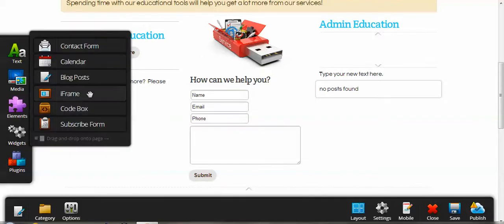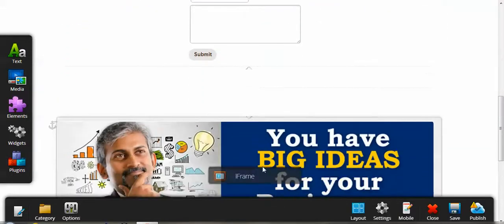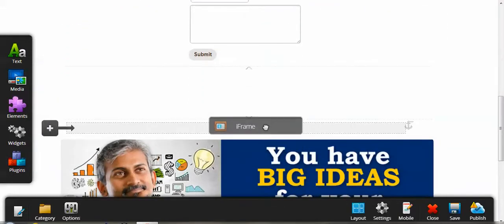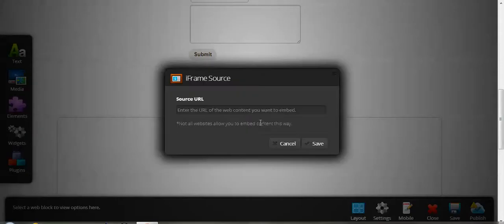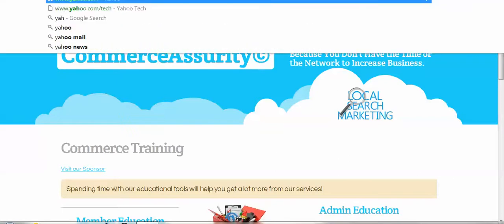And then you have an iframe widget. Now this is pretty neat. So I talked about this earlier. Let me go down here to right above this sponsor banner, and let me go ahead and put in an iframe. And let's say that we want to bring in, let's see here, let me go into a system here. Bear with me just a minute, I've got to move this stuff around here. Actually, let me change this around a little bit. Let me just go here to yahoo.com,